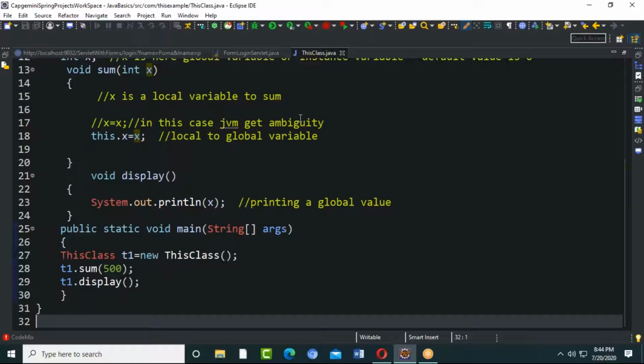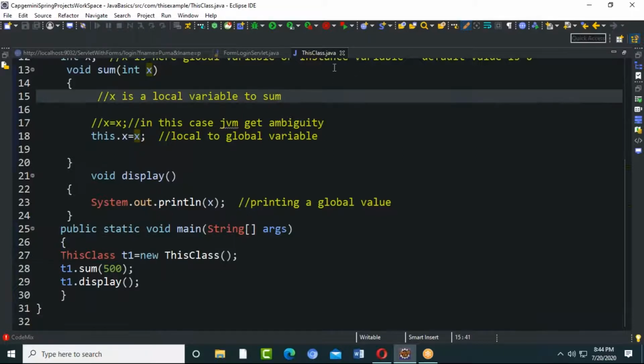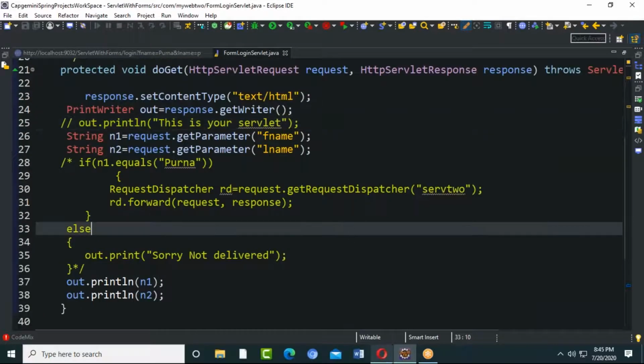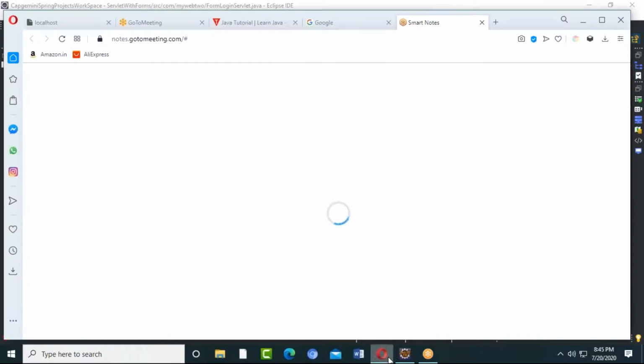So they thought the same names have to be used, but they have to point to the global ones. So what is the alternative? That's the reason they introduced this keyword. Okay. Yes. That is this with the variable, and we have this with the method also. Why should we use this with the method?